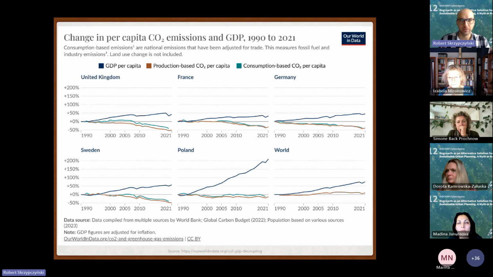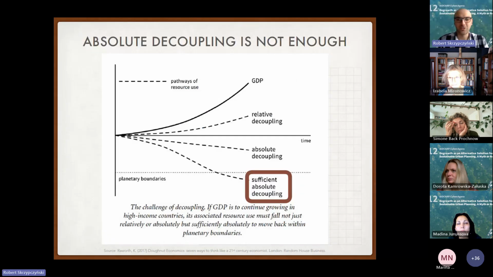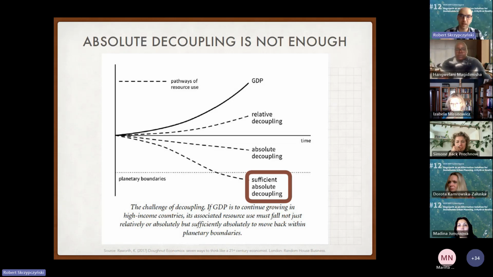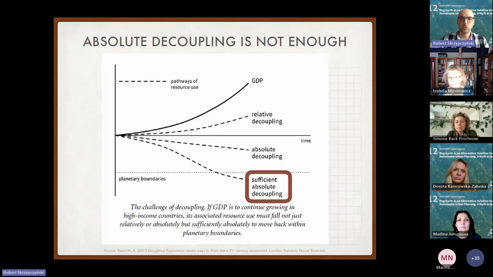Here you can see an example for CO2. Alejandro was showing the chart for material consumption, which isn't really decoupling, but in the case of CO2 emissions, yes, there is some decoupling of per capita economic growth from per capita CO2 emissions. However, for decoupling as a strategy to be effective, you cannot just rely on some amount of decoupling, right? You have to have sufficient absolute decoupling. So you have to have a strong decoupling, which would take us back into the safe operating space